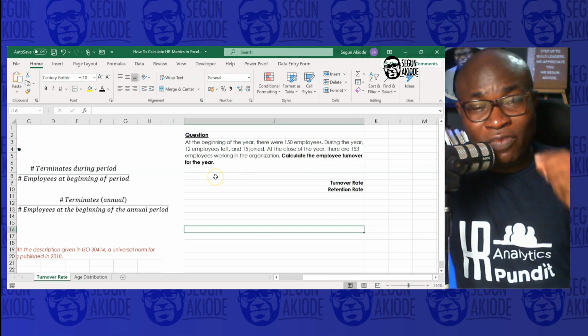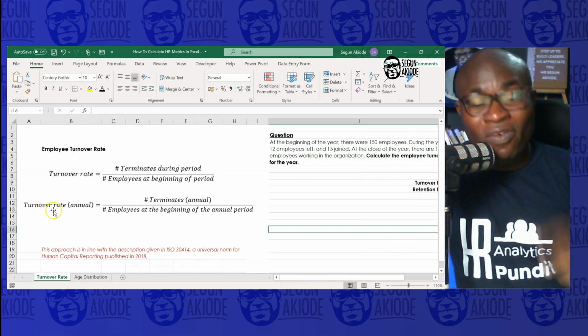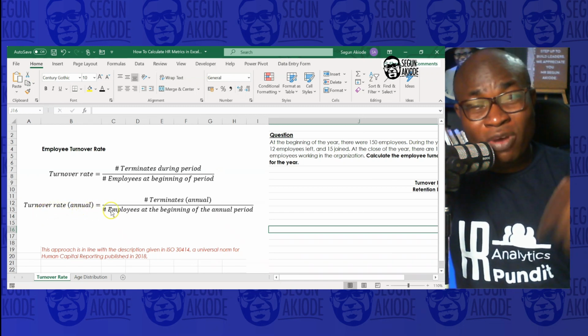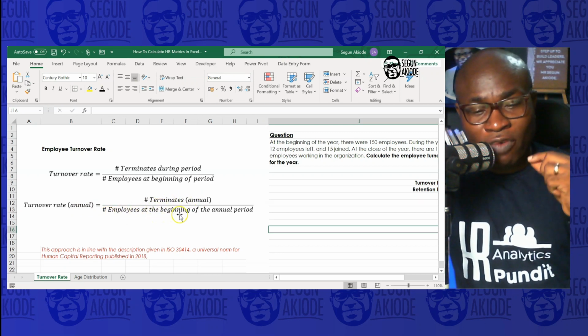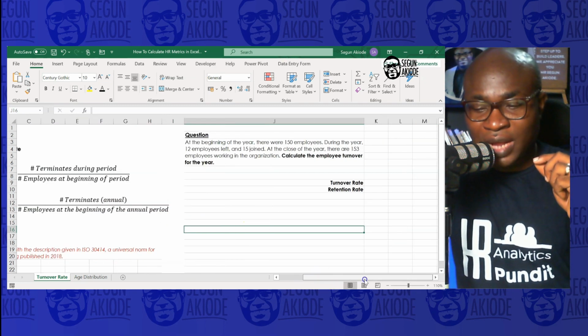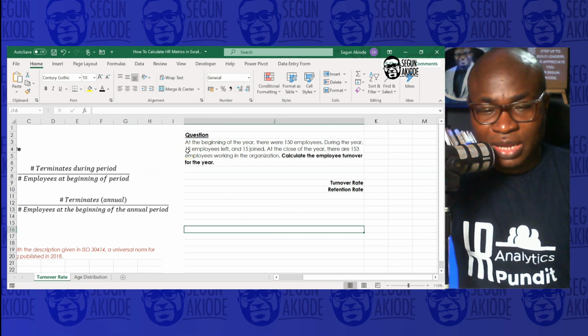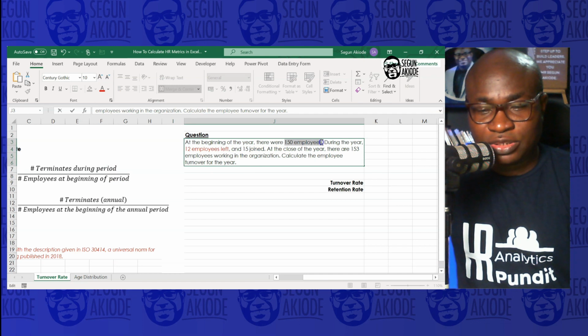Going by the approach of ISO 30414, it means that the turnover rate on an annual basis will be the number of terminations on the annual basis, which means the number of exits annually divided by the number of employees at the beginning of the annual period. So if we are to look at the employee turnover rate in this scenario, looking at this question now, the number of employees that left, that is the number of exits, then the number of employees at the beginning of that period, which is